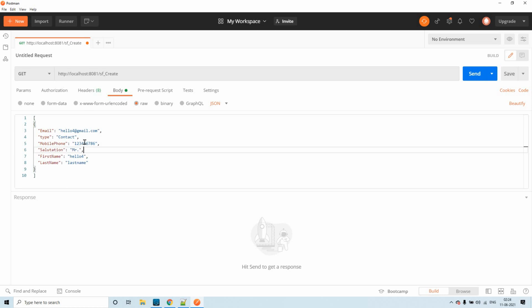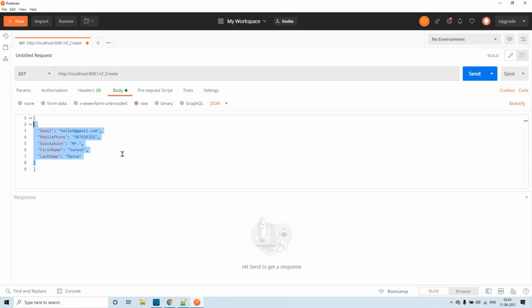I'll keep mobile number as something like 987654321. Salutation is this one. Anyway, we are inserting into contact, right? So that is not needed. First name, I'll keep simply as Suresh, and here I'll keep it as Raina. So this is the information we are trying to insert.